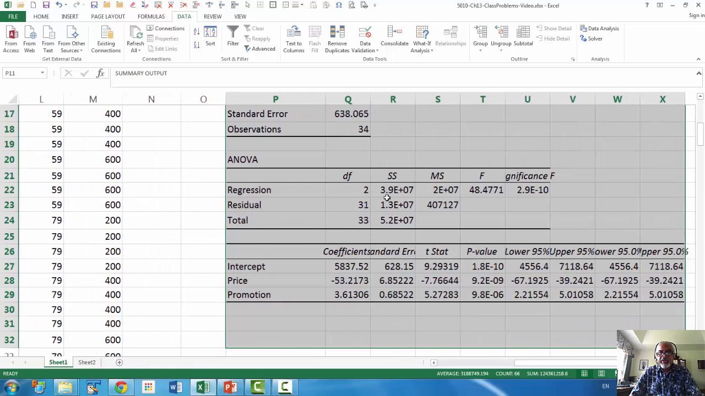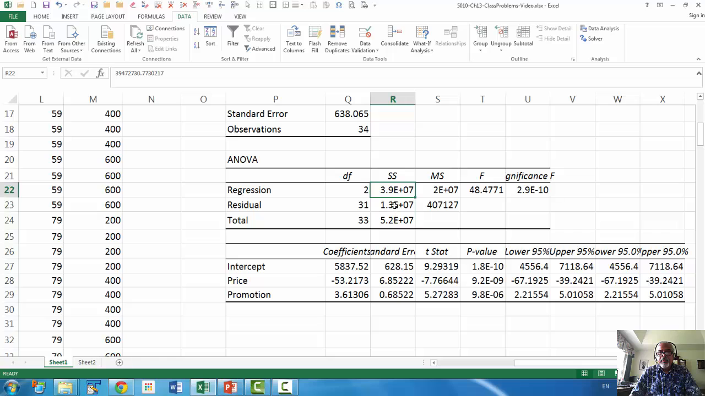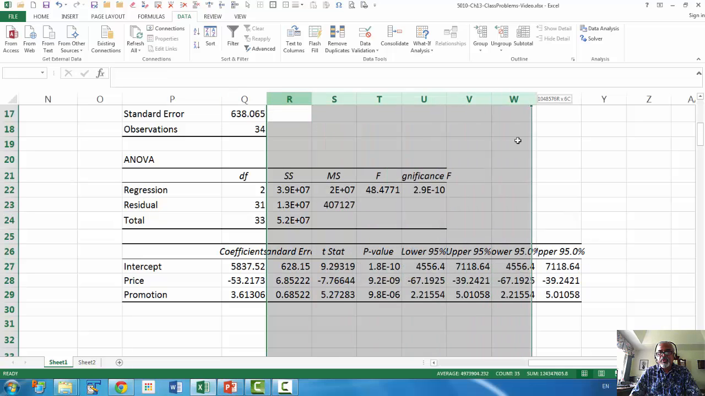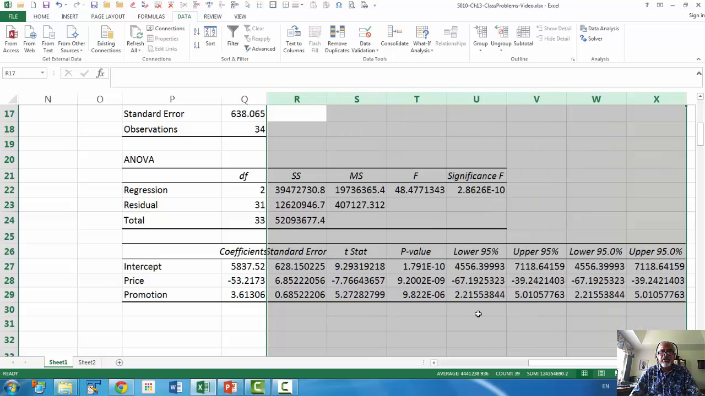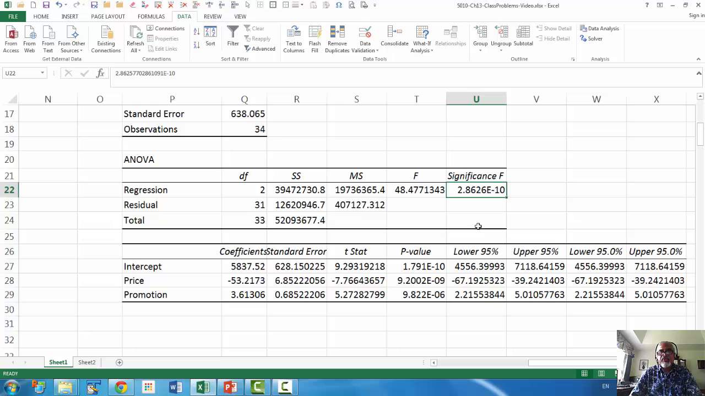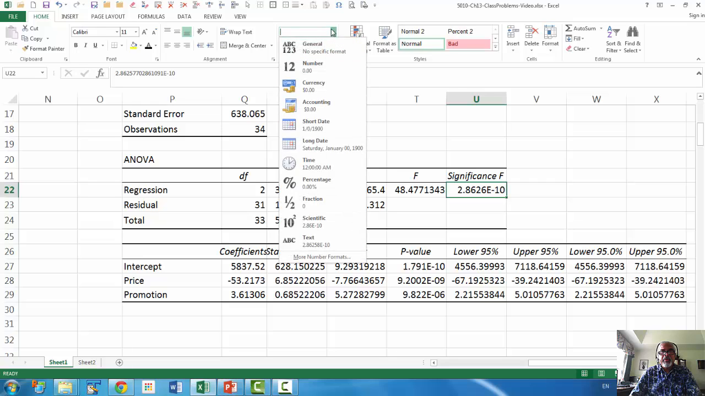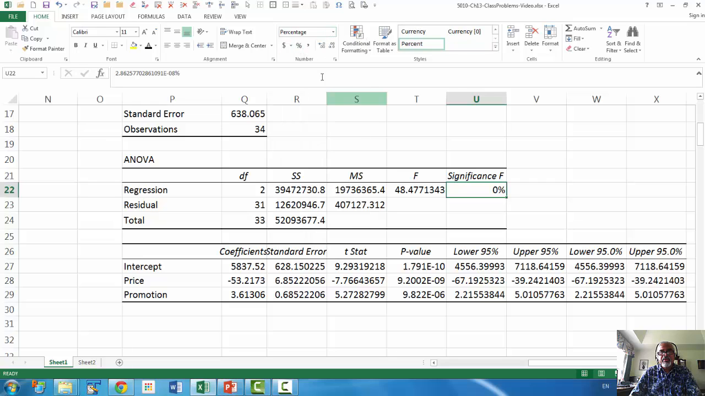Now the E plus 07 that you see is just scientific notation. The column width is not large enough for it to display the entire value. So if you increase the column width, then you'll see that the scientific notation is gone. And here again, this is scientific notation. If you change it to a percentage with certain decimal places, then you'll see that you can